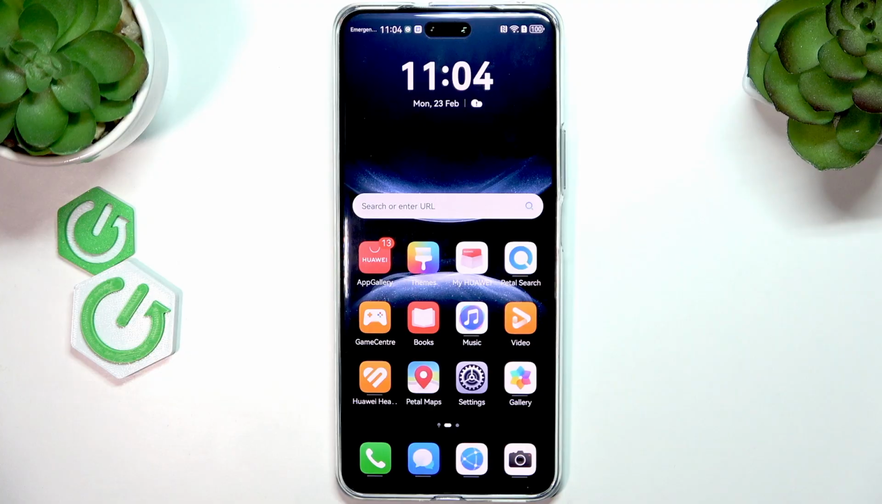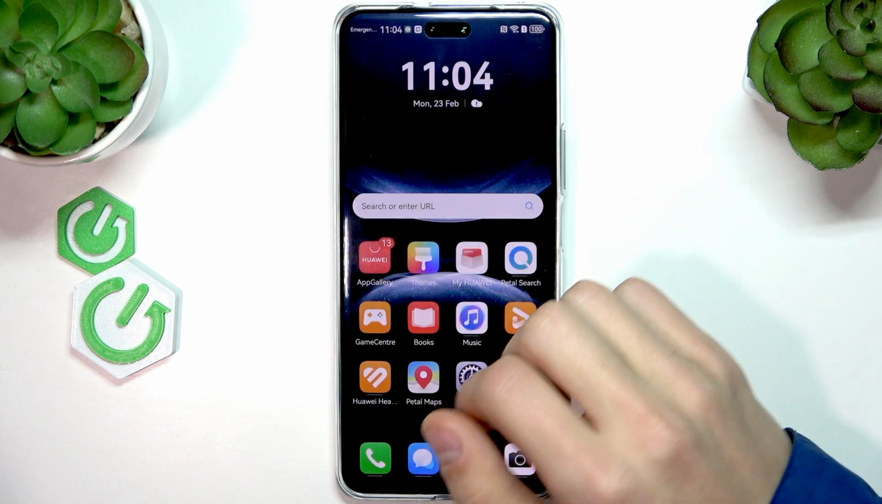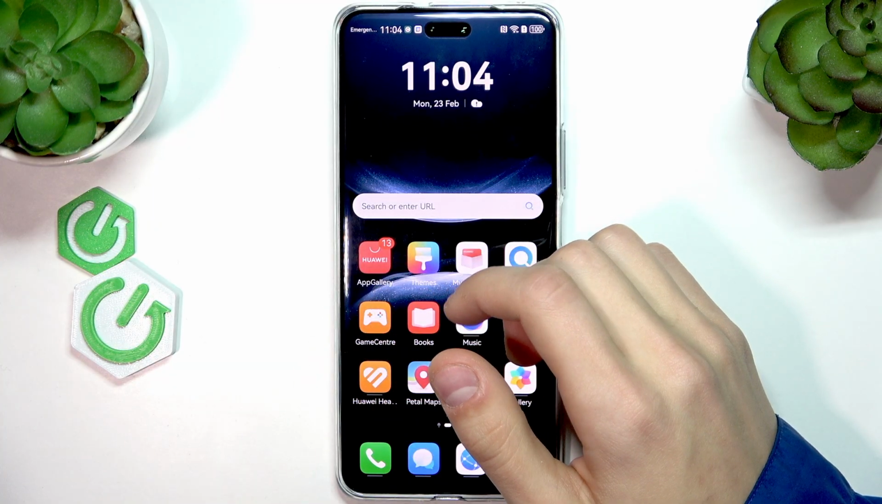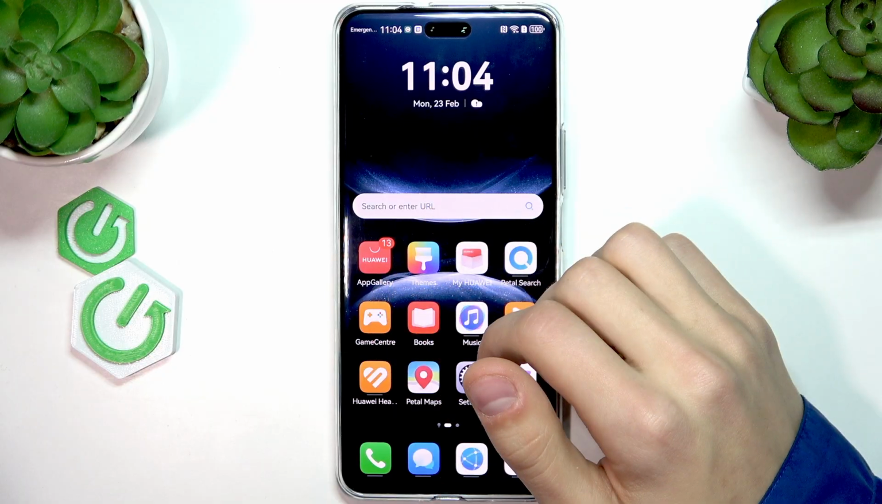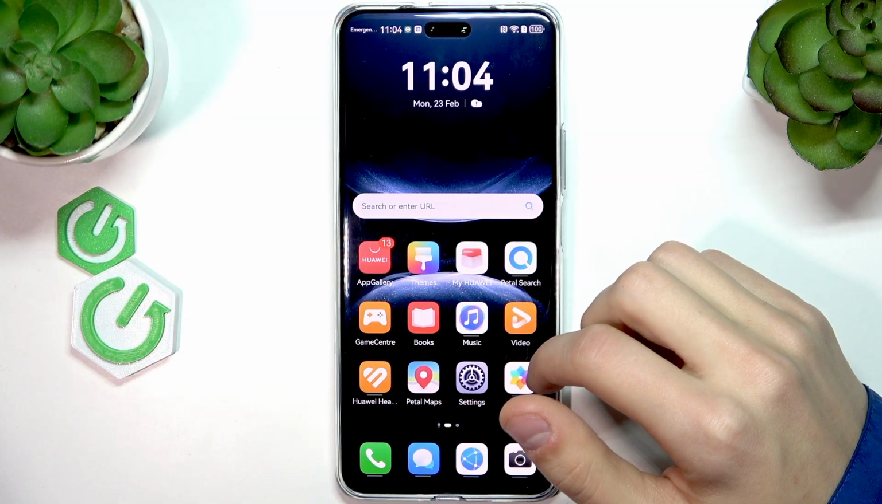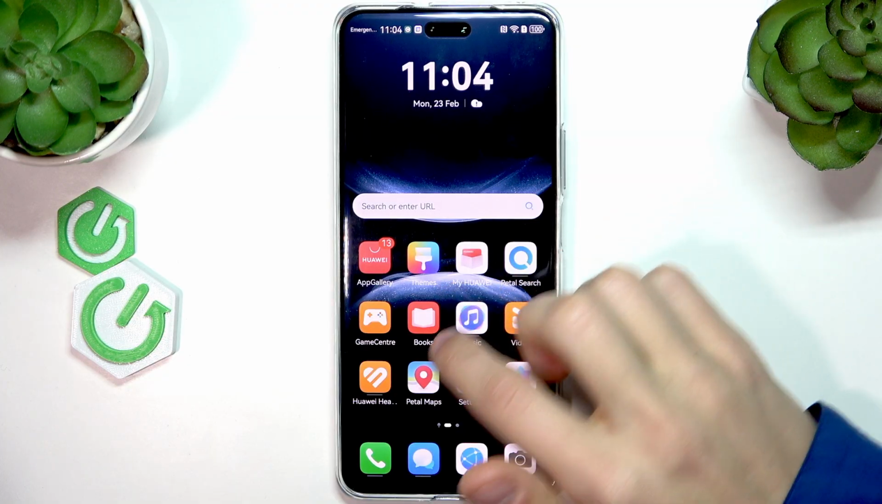So if you want to install Google Apps on the HUAWEI Nova 14 Pro, which aren't usually available through the AppGallery, what you can do is just download Gbox, which is available in the AppGallery, and download the Google Apps from there. And the first thing that we're going to do is actually download the Gbox app by going to